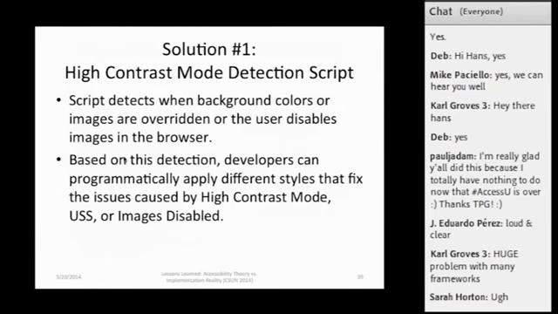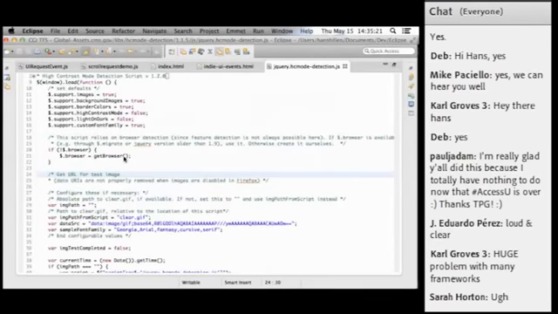Remember the problem that I was just describing of the hidden text disappearing when high contrast mode is on. Again, that hidden text is here. When high contrast mode is on, the image is going to disappear, but the problem was that the fallback text would still be hidden. This page, which is a different use case, actually uses the high contrast mode detection script that I made to unhide that hidden text when high contrast mode is on.